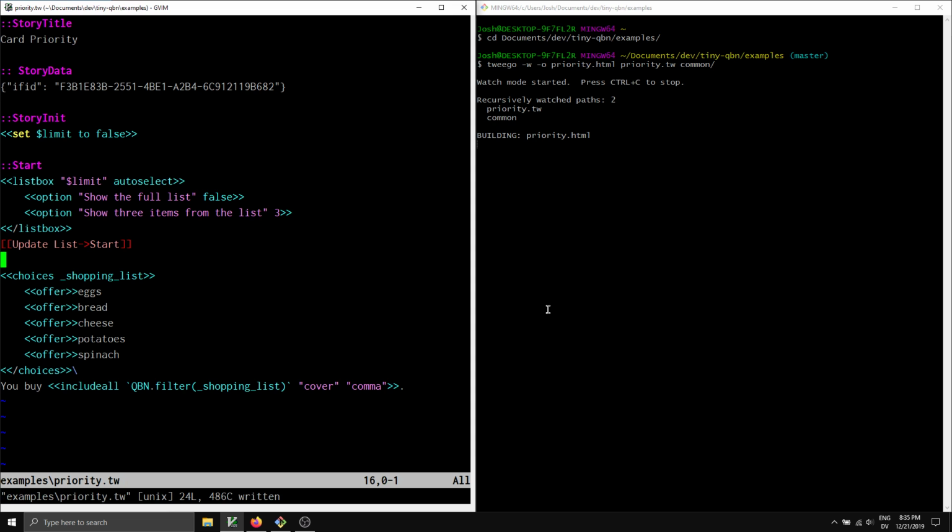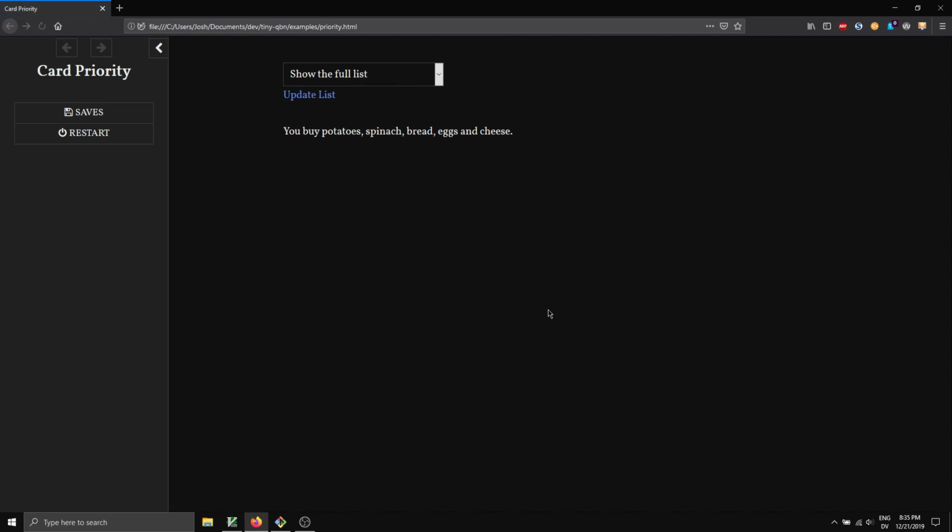Let's see what happens. So if we do this, it's going to build, and we're going to go over here and load it. You buy potatoes, spinach, bread, eggs, and cheese. You buy cheese, potatoes, spinach, bread, and eggs. So they're all 5 going to show up. They're going to show up in a random order. If we select 3 items from the list,